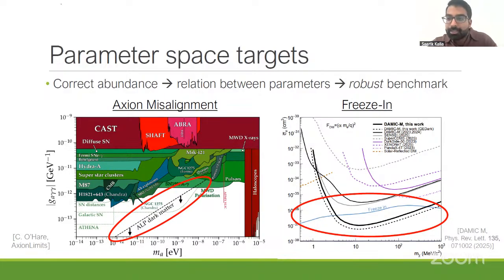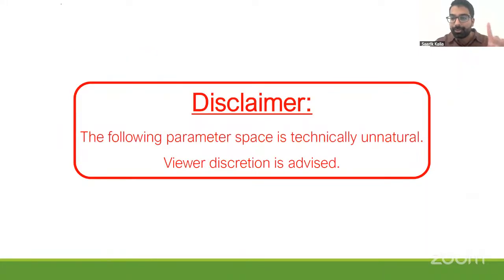So in the axion case, this line is for a generic value of the initial axion, and for the Friesen case, this is insensitive to the reheat temperature, for instance. So I want to argue that the line I'm about to show you is basically exactly the same. It's a robust benchmark because it's insensitive to initial conditions of the scalar field. Okay, so now I'll show you what this line looks like for quartic dark matter using this mechanism. I should preempt one common criticism, which is that the parameter space I'm about to show you is fairly technically unnatural.